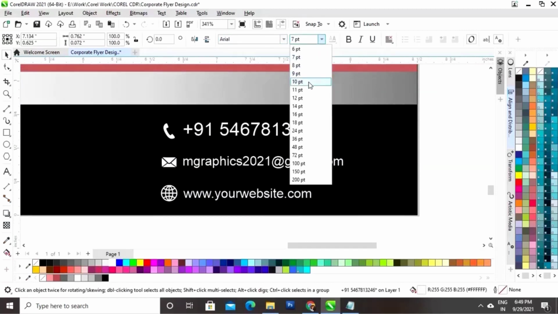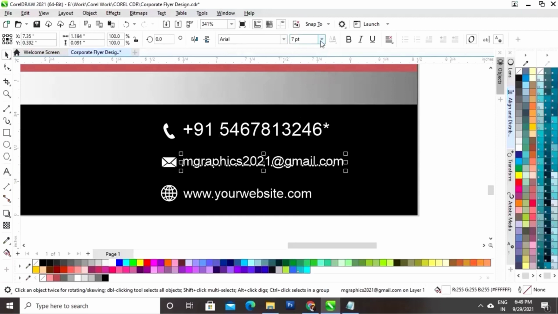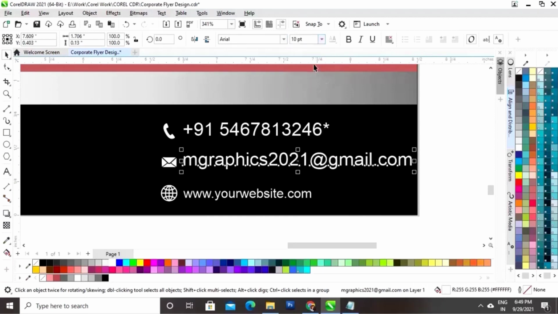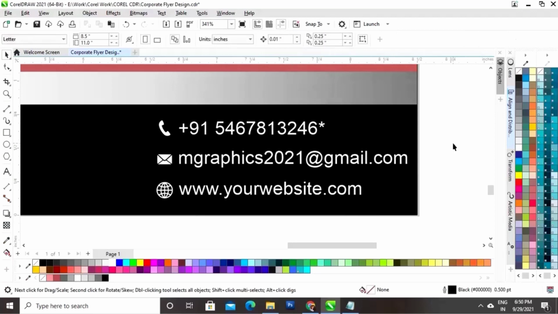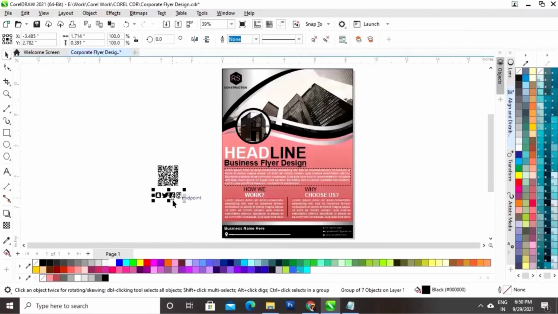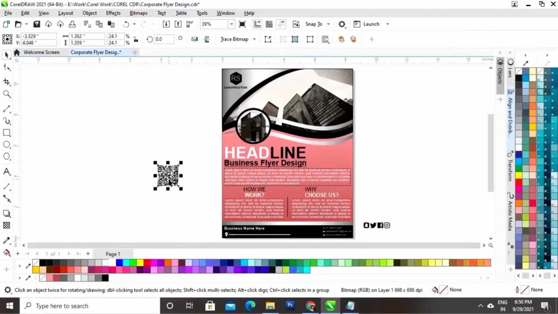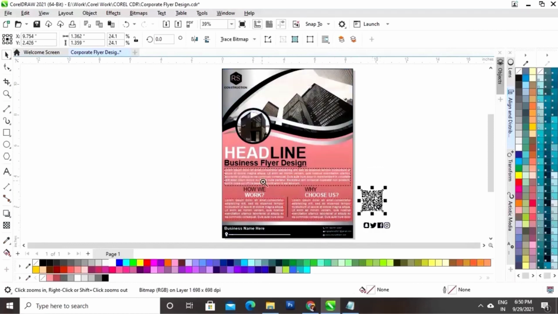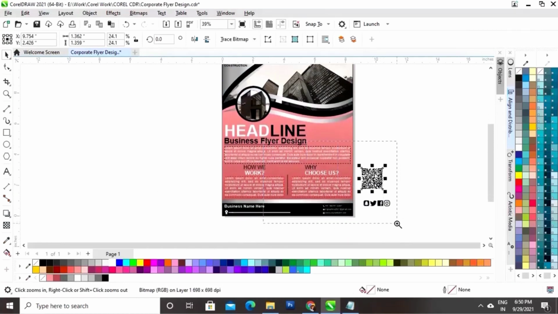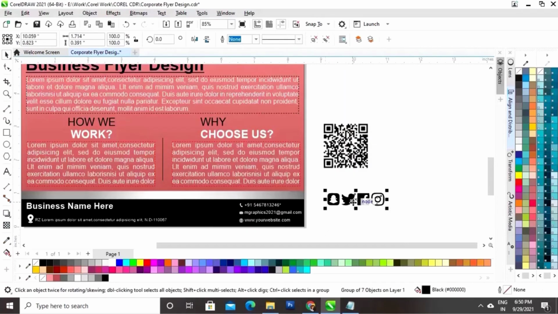Now we will set the equal size to all the text. Now we will place these social media icons and the barcode. We will place here and we will give a white color.